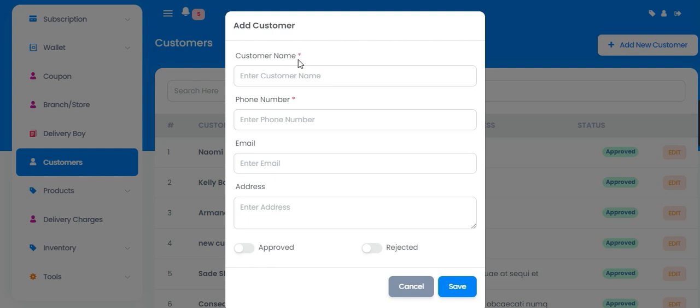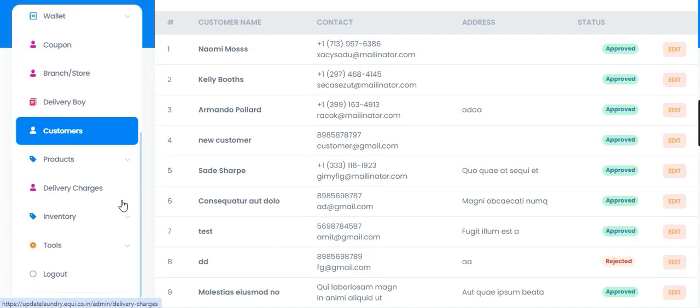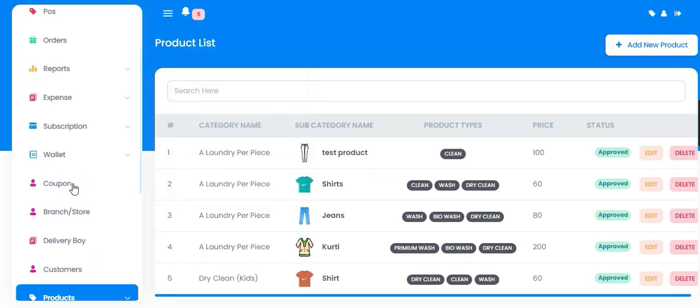Here we can see customer name, phone number, email address, and here we can save this. Now we can get the product option. When we click on products, we can see the product list. When we click on the product list, here we can see category name, subcategory name, product type, price, status, and if